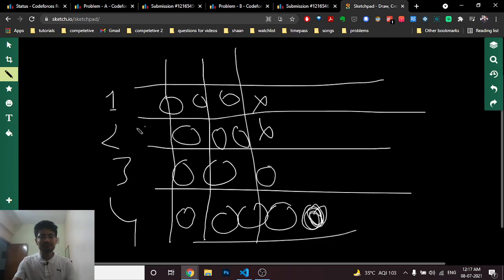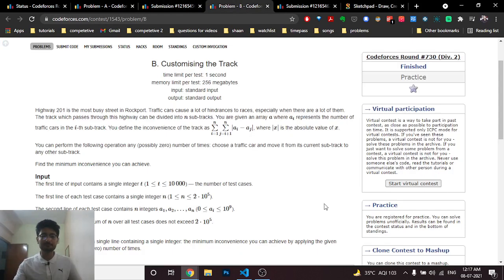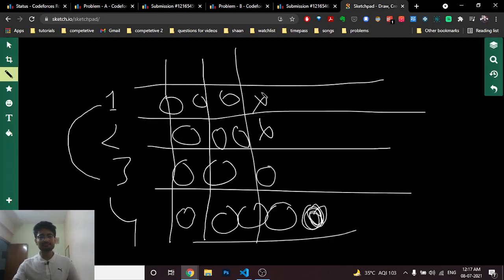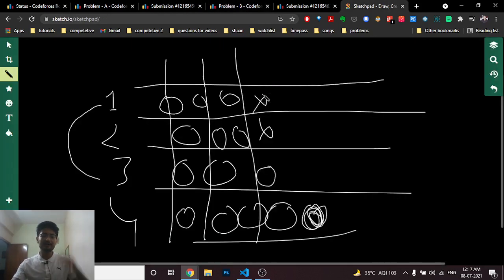But if I take a track which has 1 less, and a track which has 1 more, in that case only 1 value will be added. If I subtract both of these values, for a track which has no car in this column and a track with 1 extra car, then only 1 value is added, because A_i minus A_j is equal to 1. So I just have to find the total number of pairs of tracks in which one track has no extra car and the other track has 1 car. I hope you get the point.